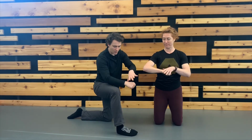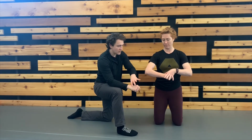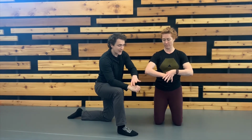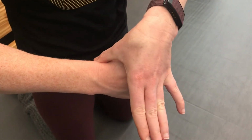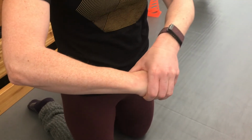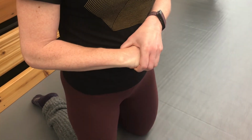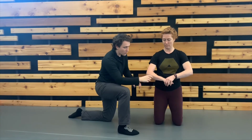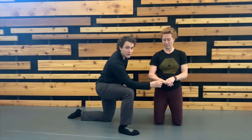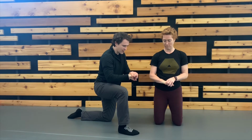Place your other thumb right at the notch where your thumb is rooted to your wrist. You should find there a little bit of a gap, and you want to just place the thumb on that gap and then grab onto the rest of your fist with your hand. All right, and then that provides a little bit of a lever for you to start to open up and gap a stretch on the opposite side of the wrist. So just take a moment, micro adjust your forearm and your hands until you are starting to feel that gapping